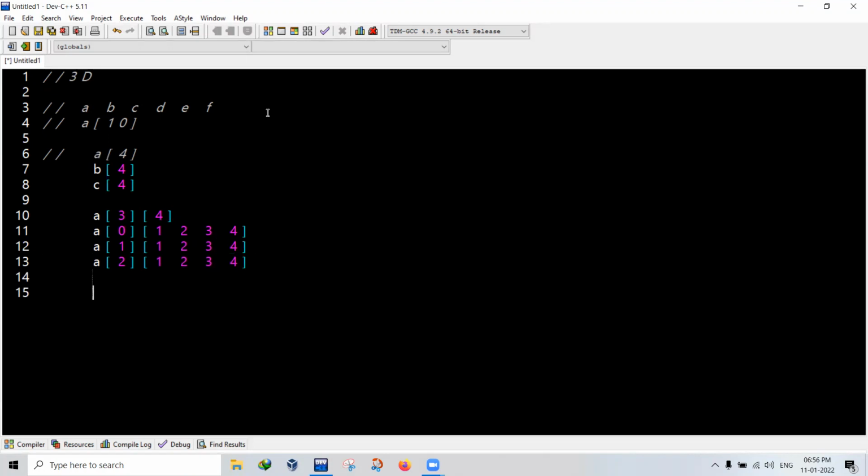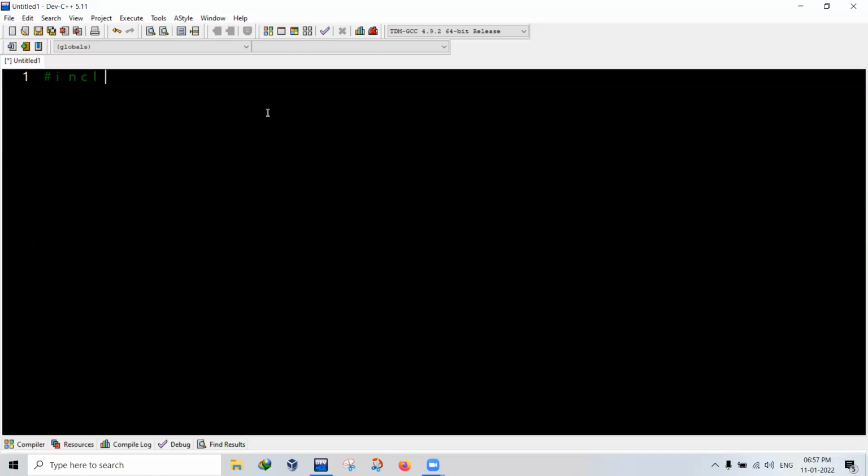But what three dimension can do is this: it is an array of arrays. Just write A of 3 of 3. This is one array, right? Behind it you can say how many arrays you want. I want two matrices of size 3 cross 3, or I want four matrices of size 3 cross 3. This is a multi-dimensional array. If you know the theory part, you can already understand this.